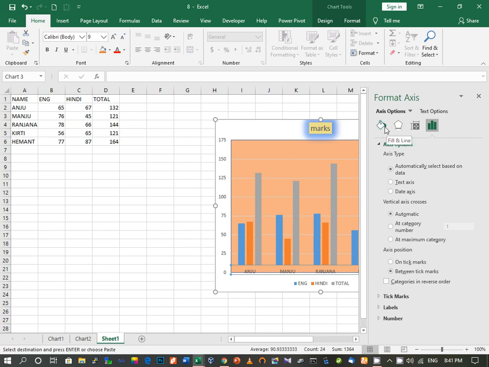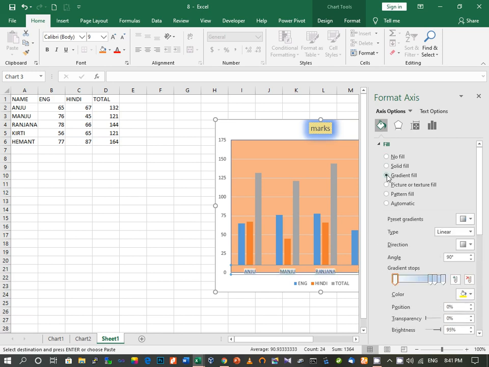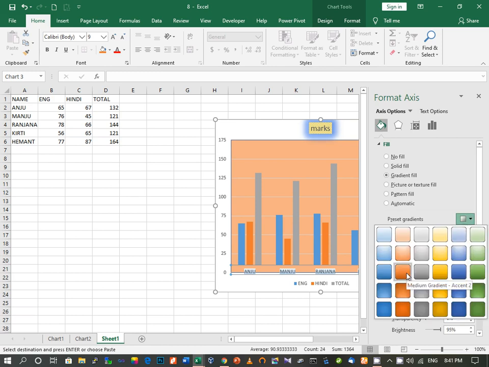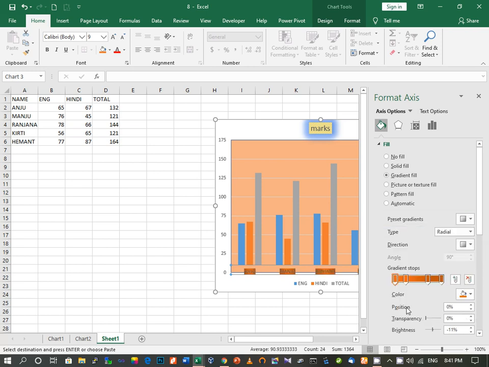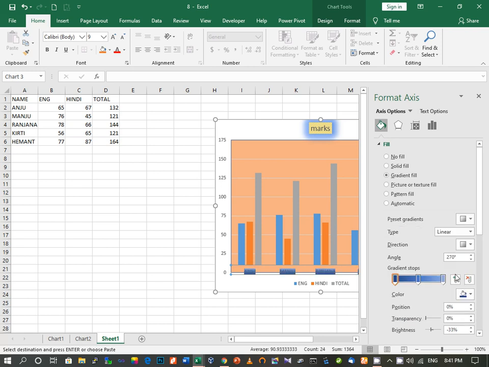Suppose I want to change the colors. Whatever you want you can take from here, solid fill or gradient fill. Then choose a color from here. This is not visible, so we'll have to take another color. Suppose let it be this one. Then